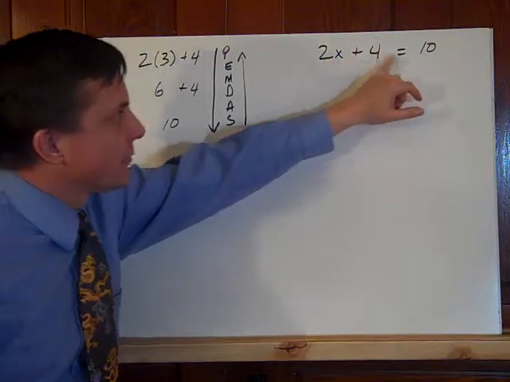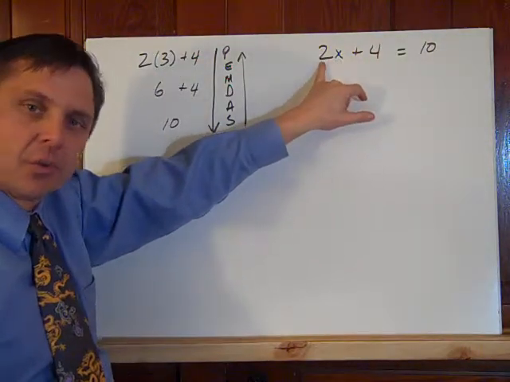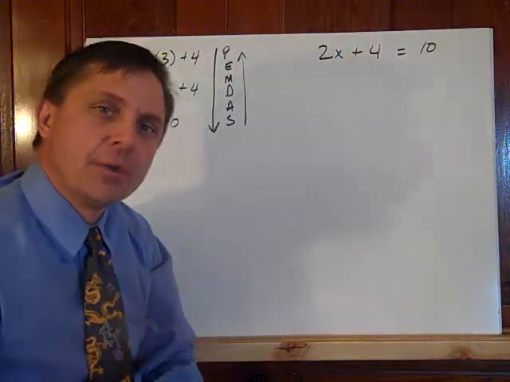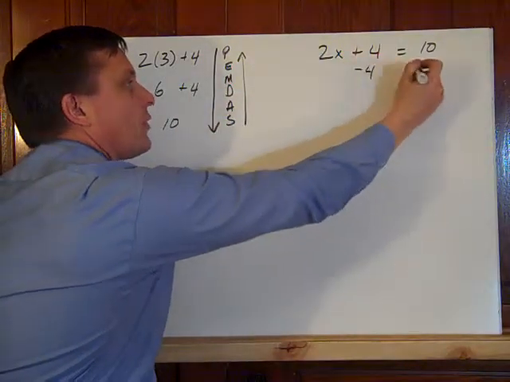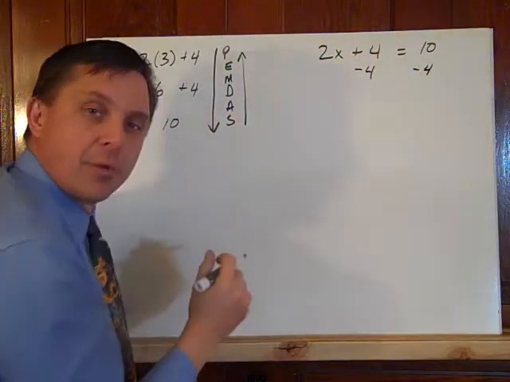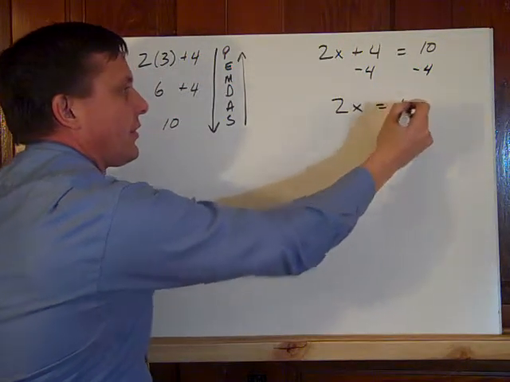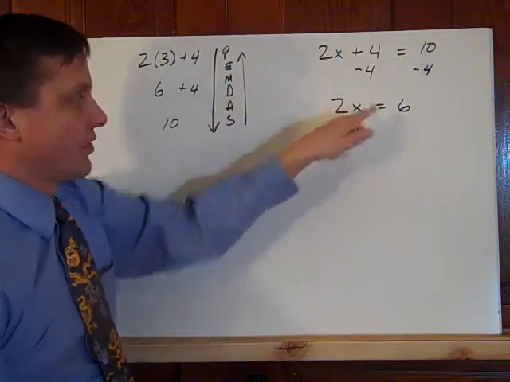So when I see 2x plus 4 equals 10, I've got to get the unknown by itself. The 2x is the unknown. It has a 2 also, but I have to get rid of plus 4. I can do anything I want, so in this case, I have a plus 4, I'll do minus 4 first, before I worry about multiplying or dividing. And then I get 2x equals 6, because 4 minus 4 is 0, 10 minus 4 is 6, and this